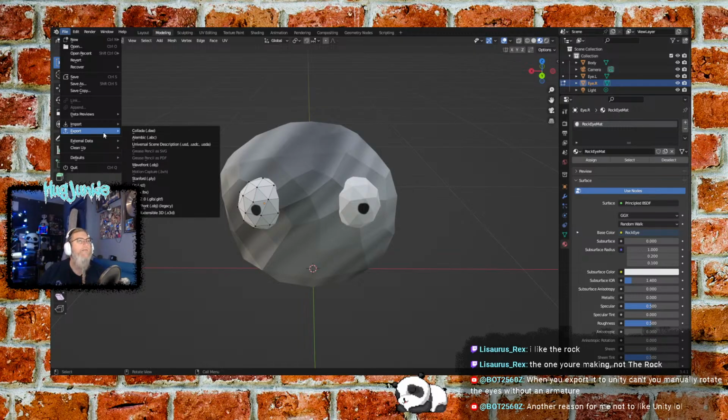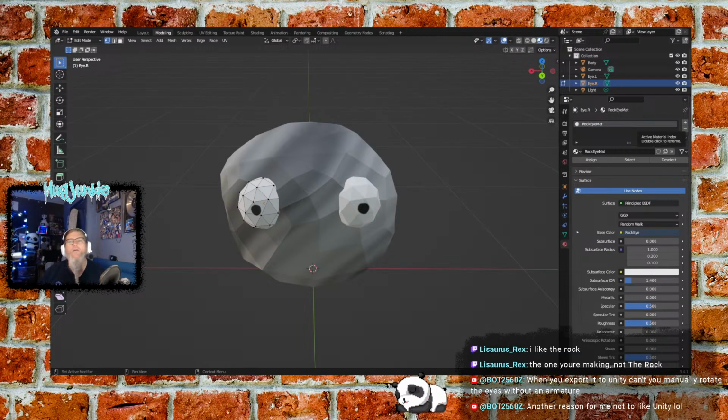Because Unity likes FBXs. There's a nice quick rigging process. So I'm not rigging the entire model, I just want to apply